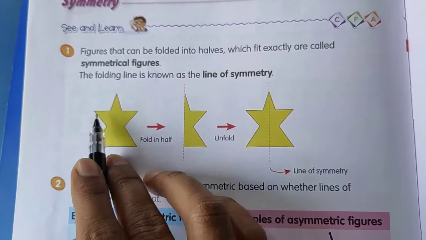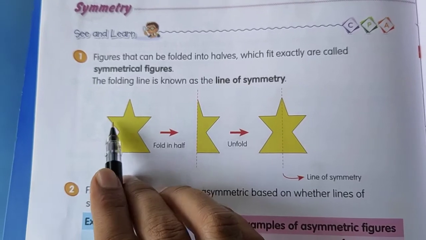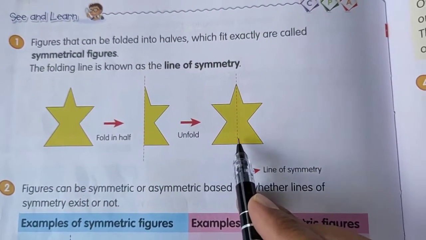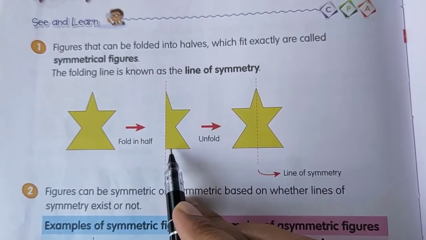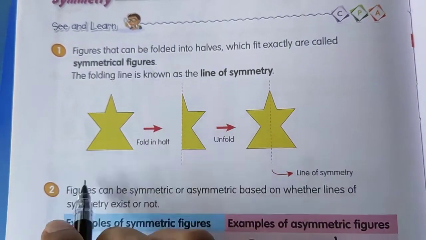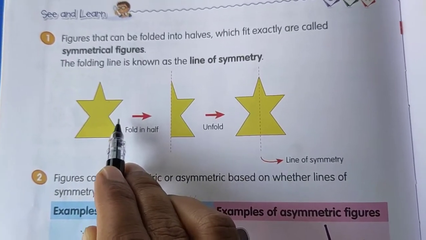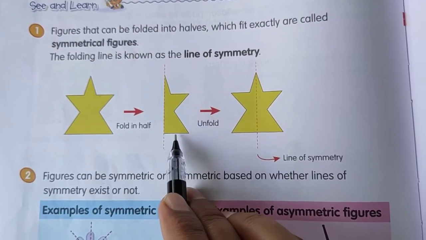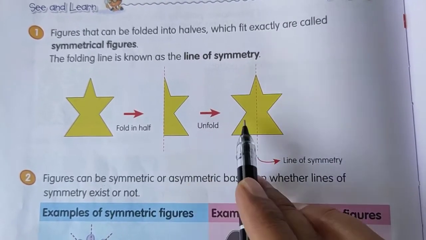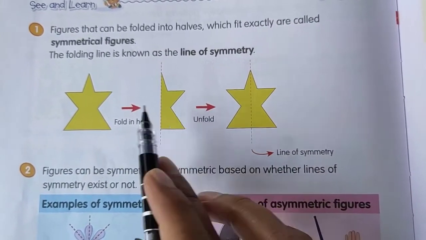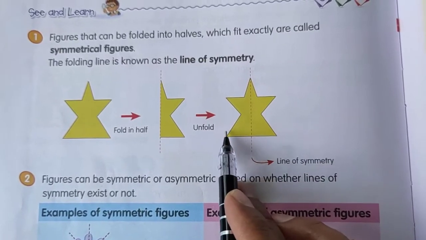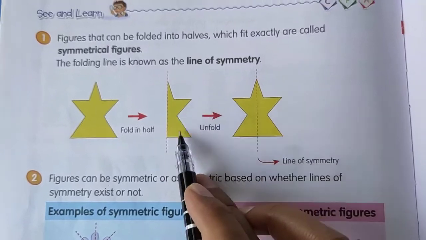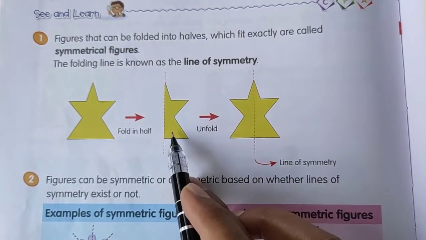So whenever I fold, exactly this left hand side part will coincide on the right hand side part. See here you can imagine it, or here also you can imagine. Let us consider I fold this left hand side part on the right hand side. So that diagram, or that paper cutting, will look like this diagram. Yes, and again if we unfold it, we will get this left hand side part. So this left side part exactly matches with this right hand side part, and we get such a diagram.